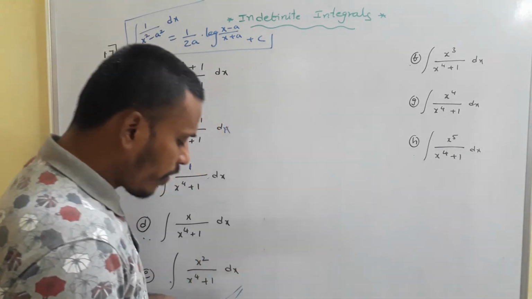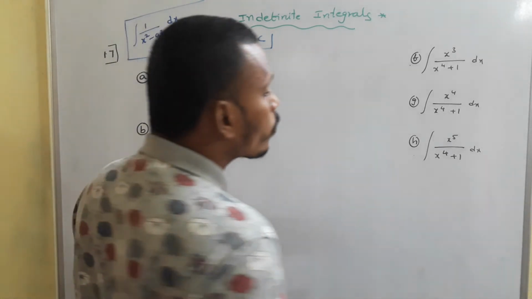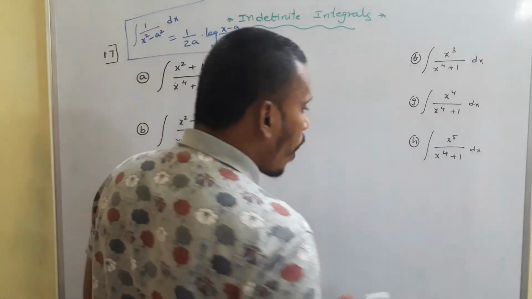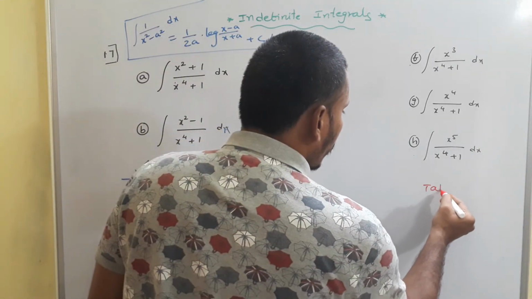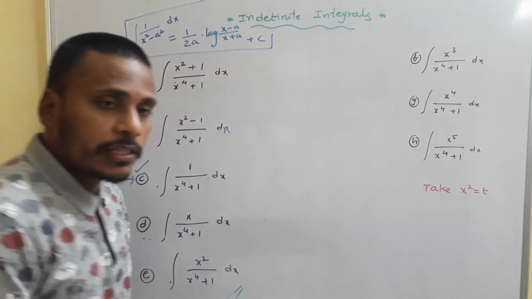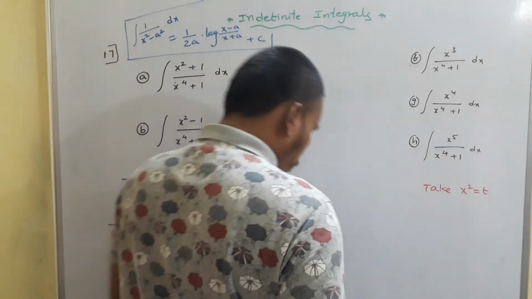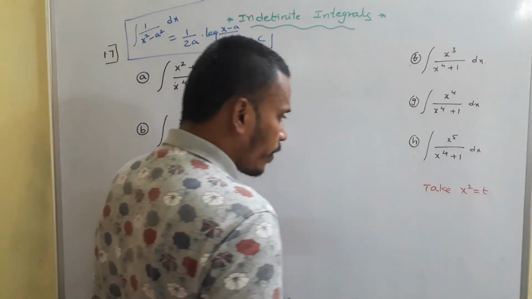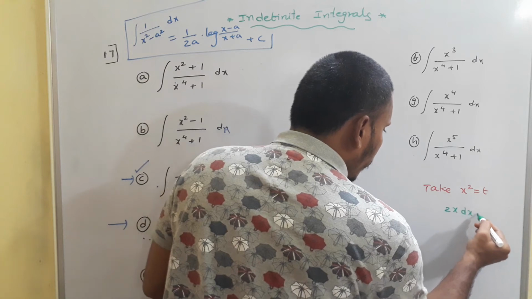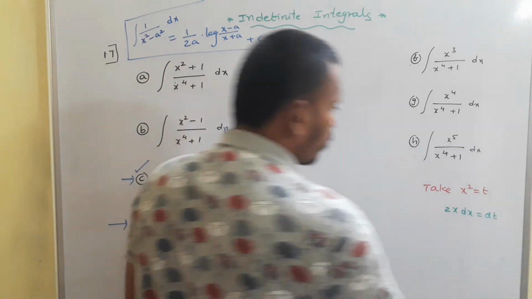Plus step by step మనం అనలైజ్ చేస్తే then one thing is very clear, you need to take x square as t. Why x square as t? X square t అనుకుంటే జరిగే బెనిఫిట్ ఏంటి? You just look here. If x square is equals to t, then what you say about its derivative? For x square, its derivative is 2x dx, that is equals to dt.